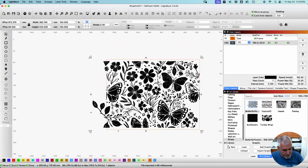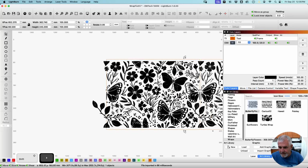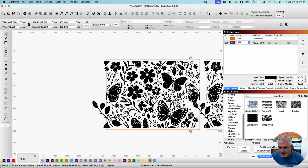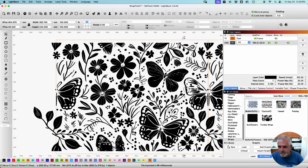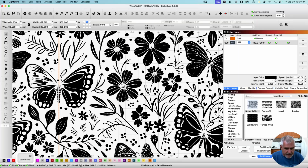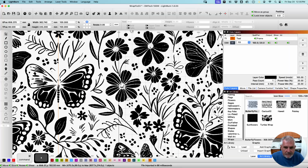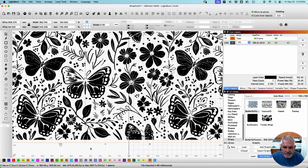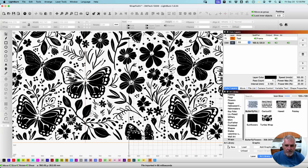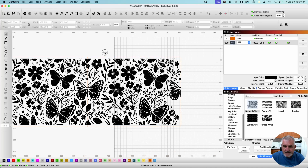Group. Now we can duplicate it. See how it's apart. Go together. As it comes together, I didn't do anything with the center of the butterfly. You can see everything else wraps around, lines up just great. So, like I say, as you start, when you,